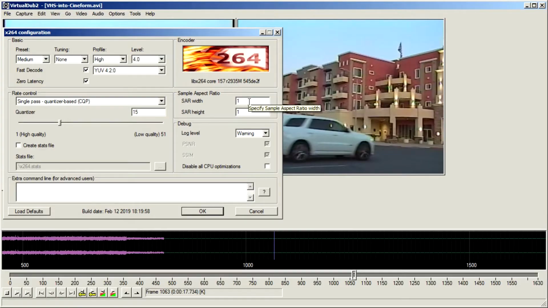This ratio defines the shape of pixels, whether the pixels are square or rectangular, and if they're rectangular, what are their proportions. In our case, we have switched from whatever pixel aspect ratio the original video had to square pixels, so specify 1 in both SAR width and SAR height.